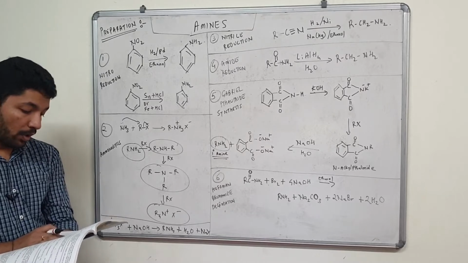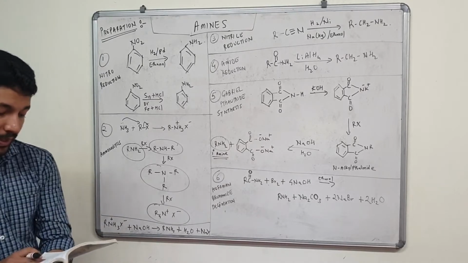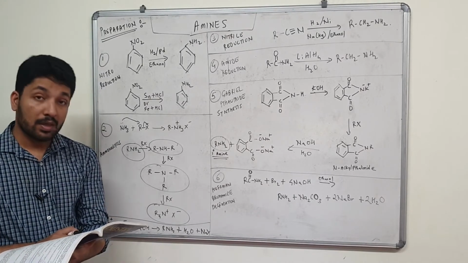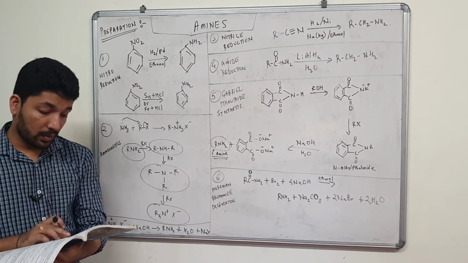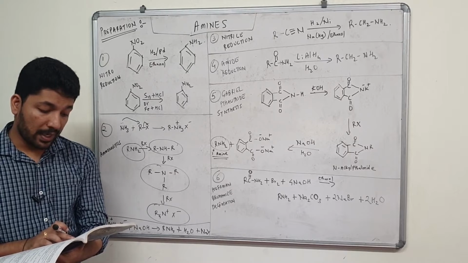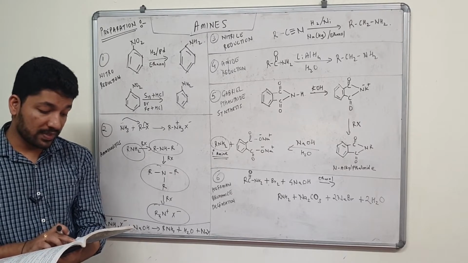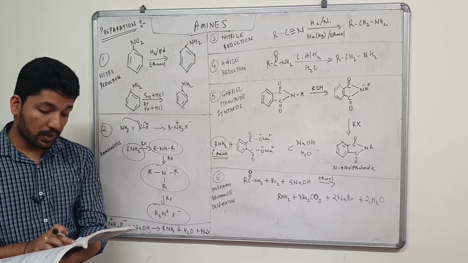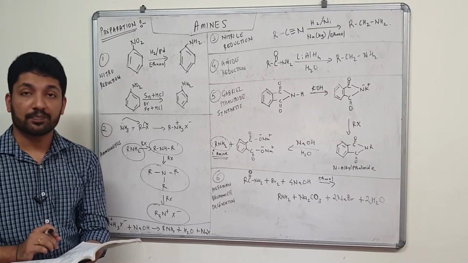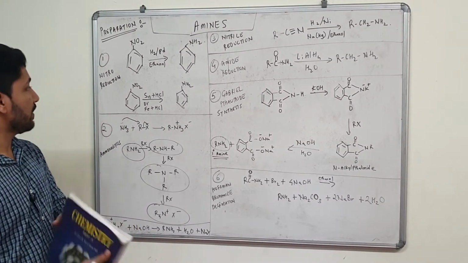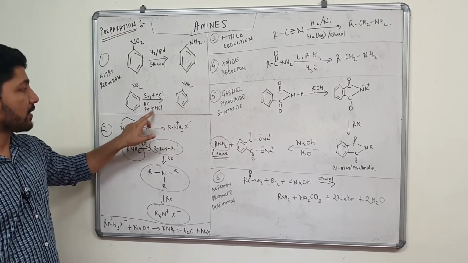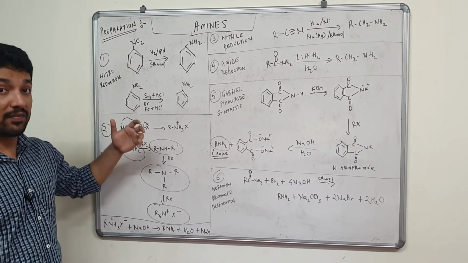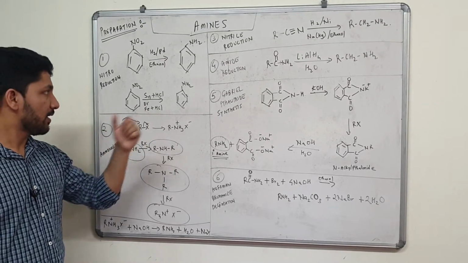Only a small amount of hydrochloric acid is required to initiate this reaction. Reduction with iron scrap and hydrochloric acid is preferred because the FeCl2 formed gets hydrolyzed to release hydrochloric acid during the reaction. So basically this is preferred, reduction with iron scrap and HCl, because this reaction goes very fast and only a small quantity of HCl is required.